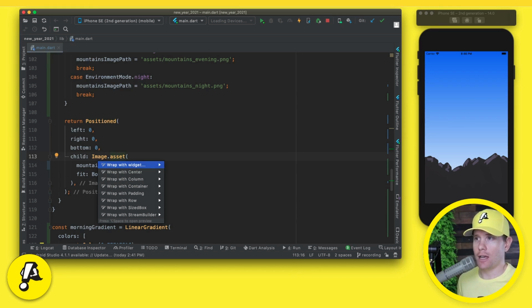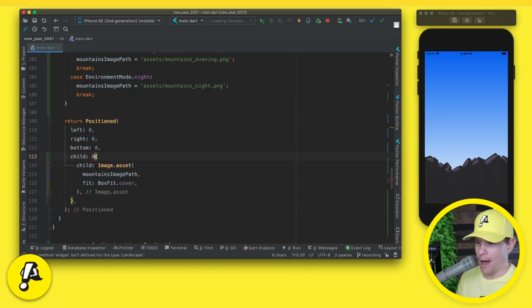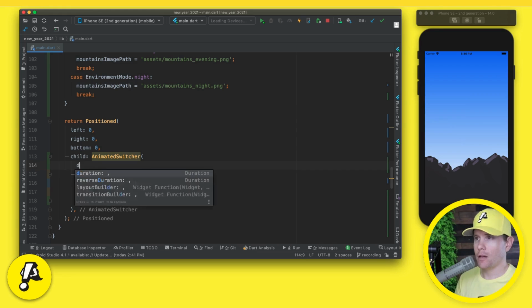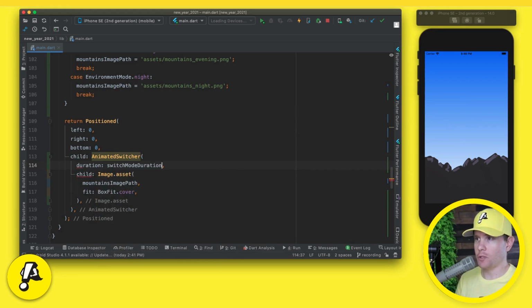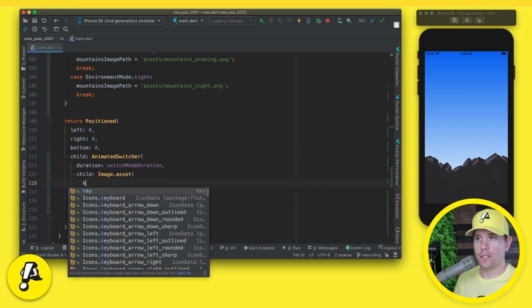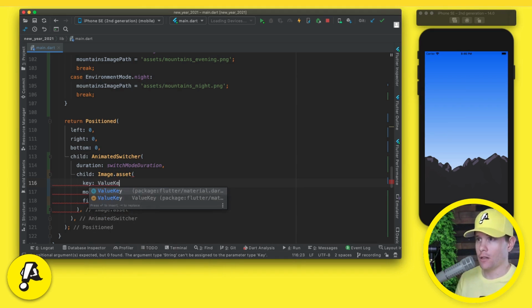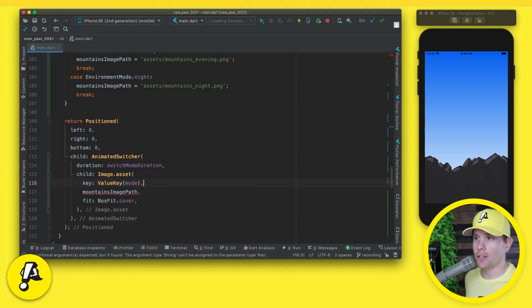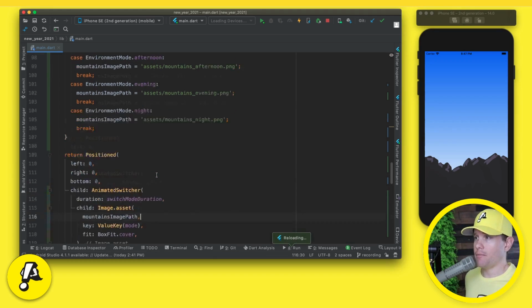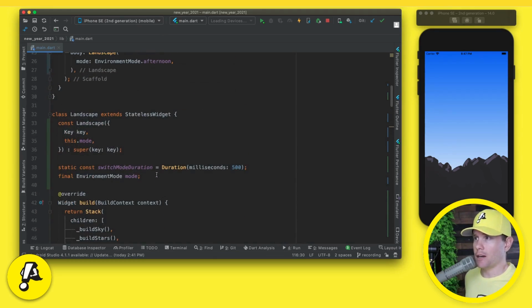So we'll come down to the image asset and we'll wrap that with an animated switcher. The duration will again be the switch mode duration. And once again, we need to make sure that the animated switcher knows when we want it to transition. So again, we will pass in a value key with mode, and that needs to go below the image path. Let's save that and then come back up here